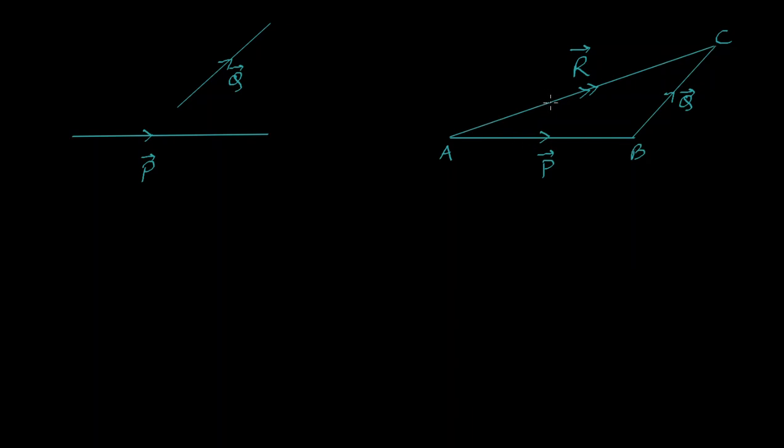But what does the law say? The closing side is going in the opposite order. Same order would be going from C to A; opposite order would be from A to C. Understand? So this third closing side, taken in the opposite order, will represent the resultant vector both in magnitude and direction. Now let's first find the magnitude